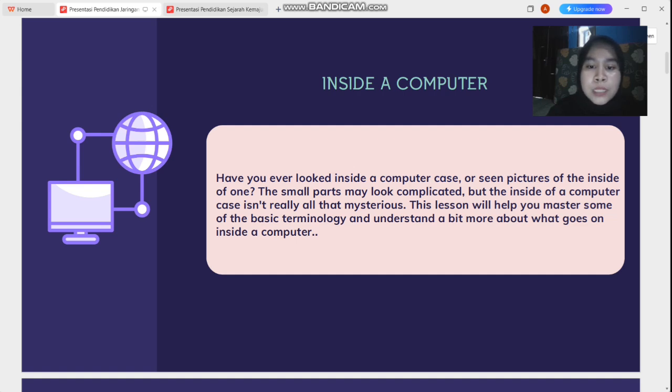The small parts may look complicated, but the inside of a computer case is not really all that mysterious. This lesson will help you master some of the basic technology and understand a bit more about what goes on inside a computer.